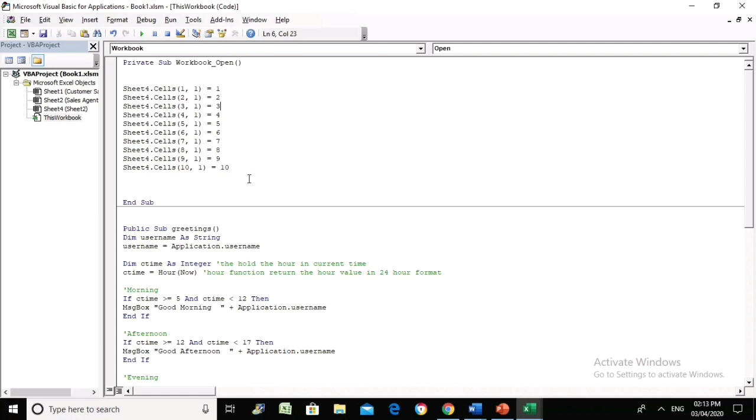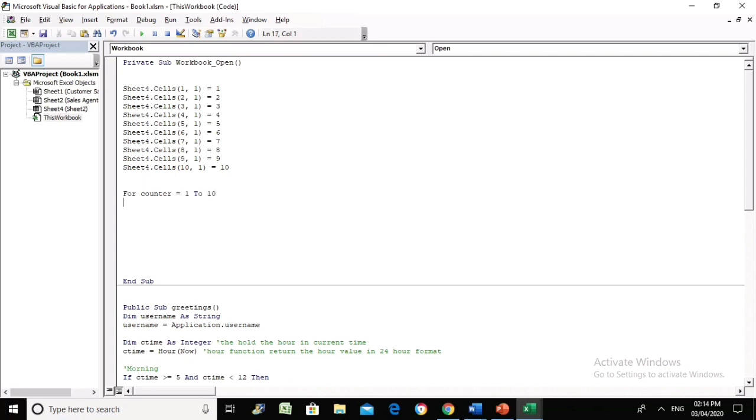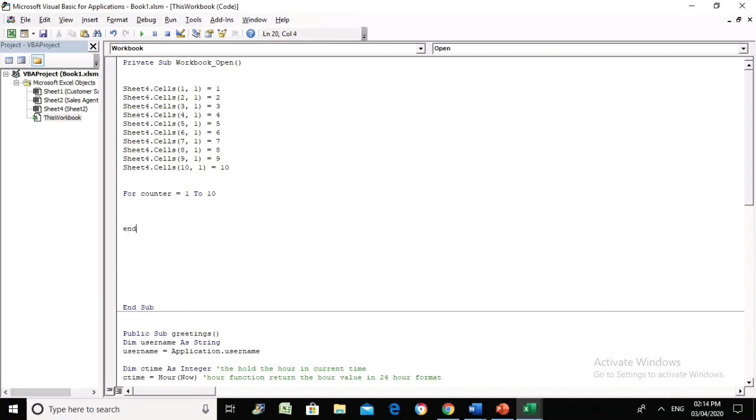Then what we are going to use is a loop. A loop will do the same thing but in a rather efficient and more time-saving way. For example, we are going to use the for loop. The syntax of the for loop is: for counter = 1 to 10, and next counter. This counter is the variable name, and this loop is also called a counter loop,